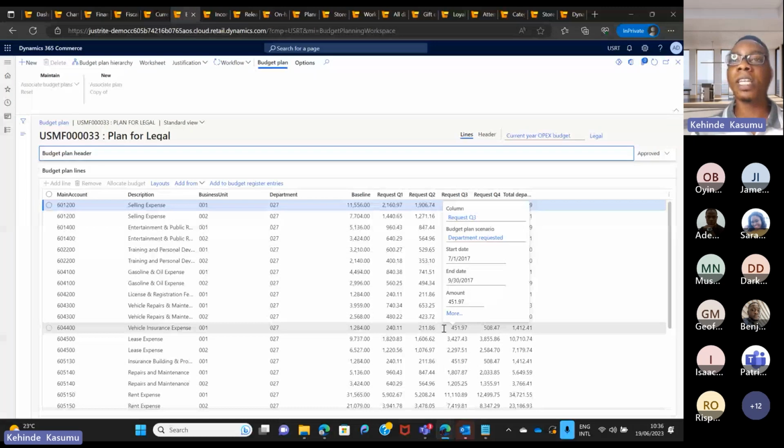So you don't have to worry about keeping your expenses in check. The system does that through the budget control configuration, where you can set thresholds for each expense or each entry per location or per department.